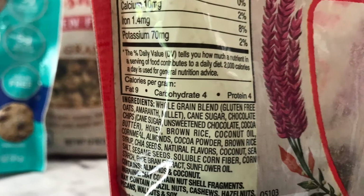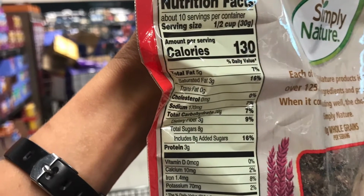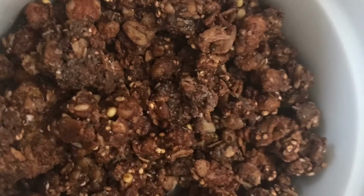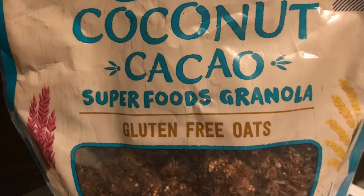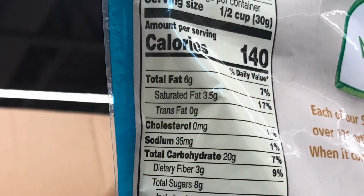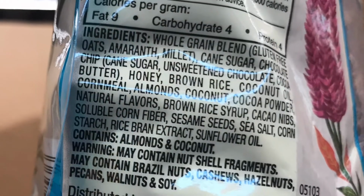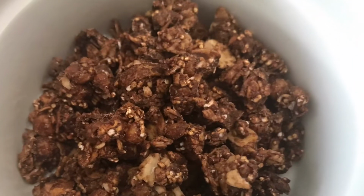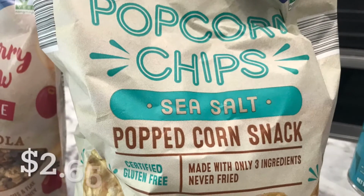Now these superfoods granolas use oats and then amaranth flour, which can have some health benefits, but then again, there's the cane sugar, and they tend to have 7 to 8 grams of added sugar per 1/2 cup, so they're pretty high. And then they also have extra stuff in there that doesn't need to be, like the natural flavors, which again, by the time the quote natural flavors are so processed, they are really not very natural anymore,